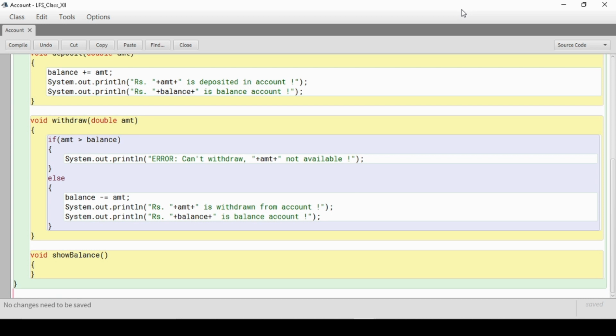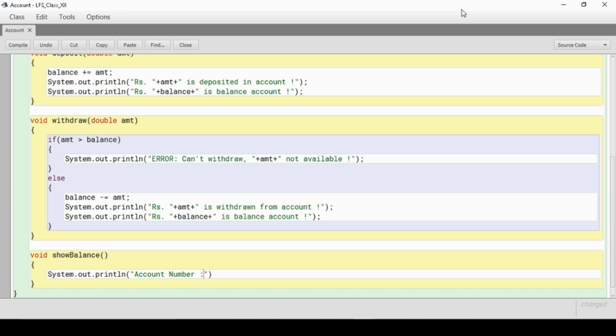So this is what will happen with the withdraw and with the deposit, and of course when the object is created. So first of all, how did we make this program? First we decided which object we will work with, and then we decided about the various characteristics of the object. We created data members for the characteristics, then we decided about the behaviors, and within each behavior we performed the task we wanted to. Up to that only we have done till now. After that we will create an object of this class and call the corresponding methods.